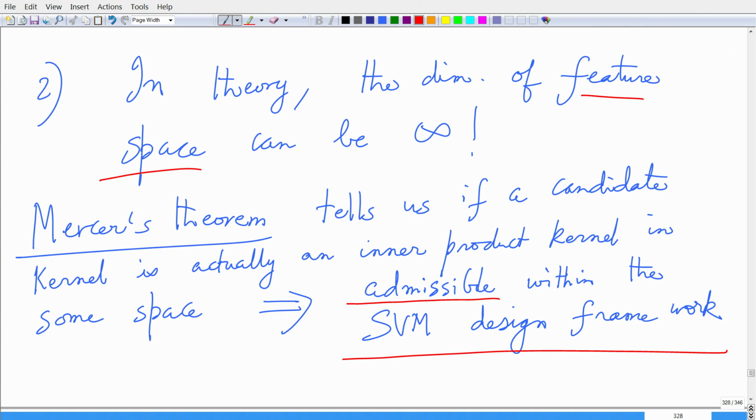The kernel has to satisfy certain properties, and these properties should obey the conditions in Mercer's theorem, and that is a very important link. Having seen the links between the input vector, the feature vector, the inner product kernel, and the conditions this kernel has to satisfy according to Mercer's theorem,